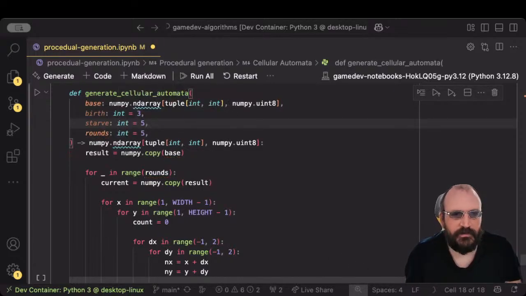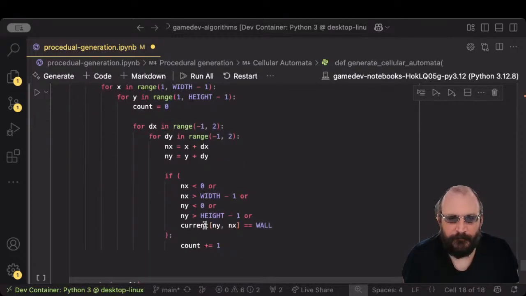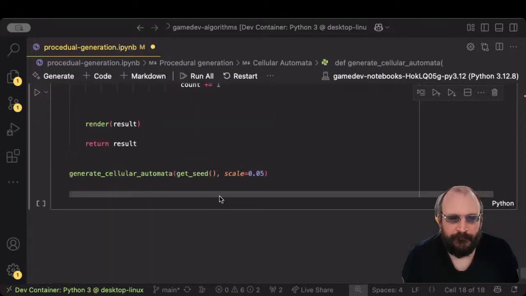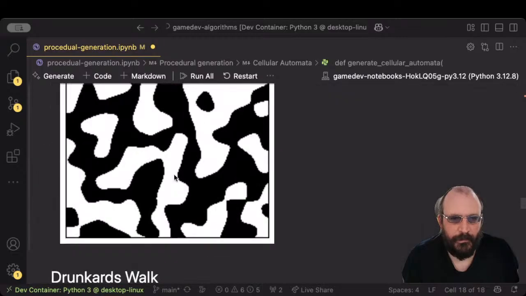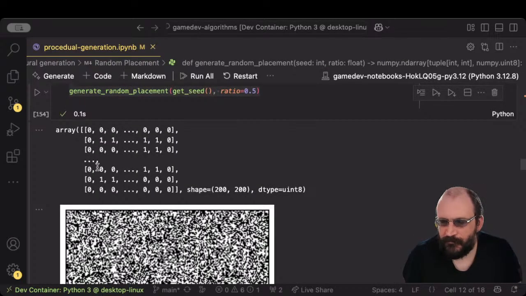Okay, so these are two parameters. So each item in our map, if we look at one of our previous examples, look at this. For every square, it's going to look at the neighboring tiles. For each tile, it's going to look at neighboring tiles, and if there's more than a certain number of tiles, then